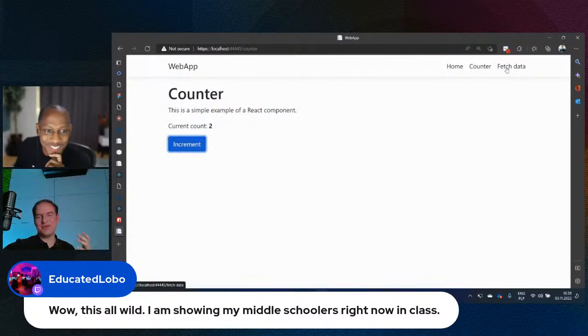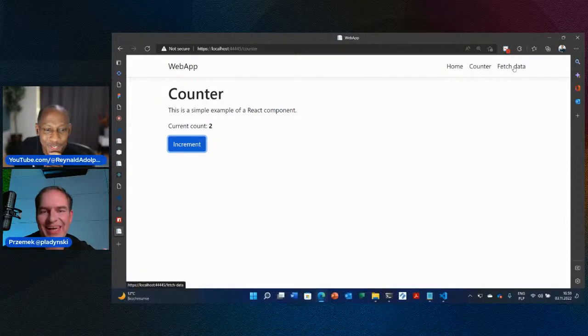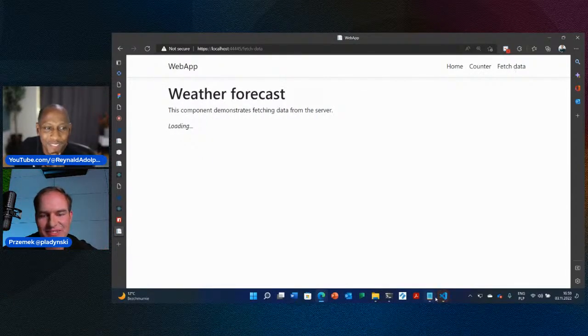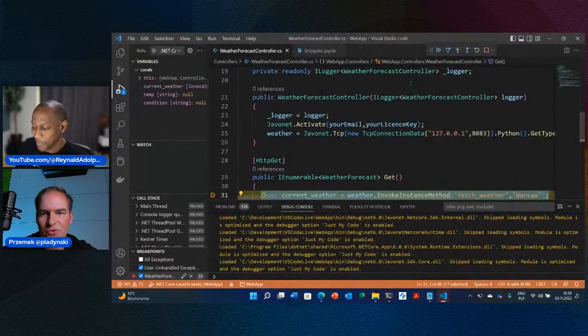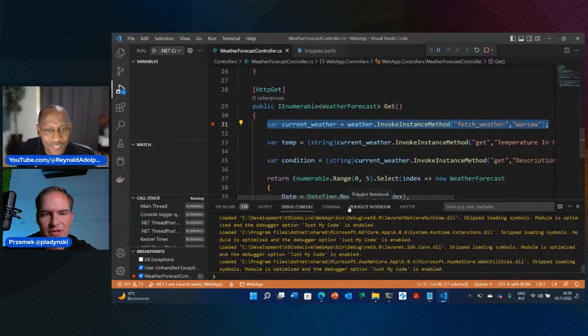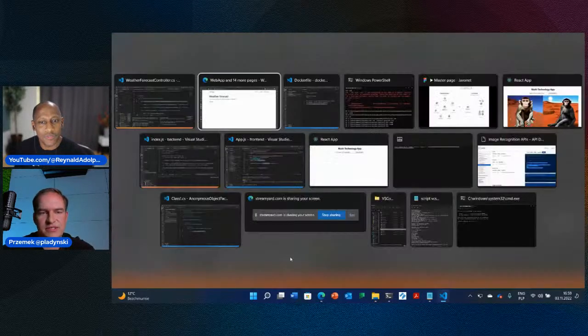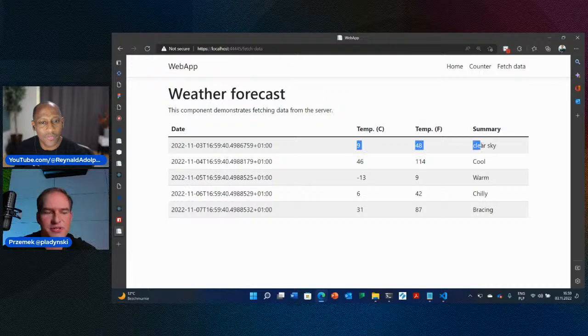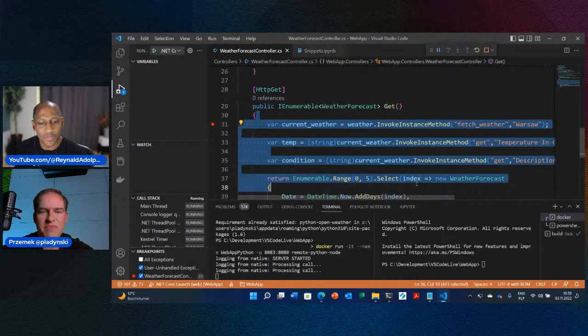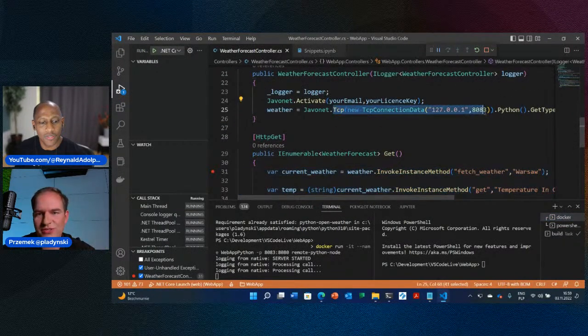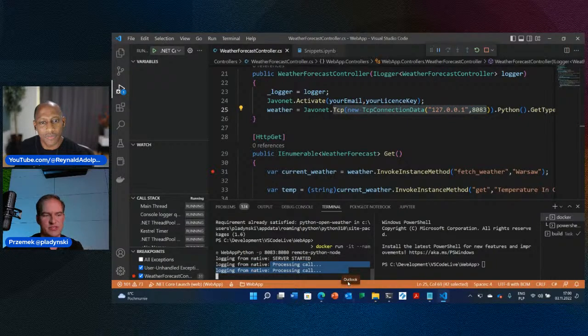Yeah, and we can go to this fetch data page again, and suddenly we have distributed our application to run this code where we hit the breakpoint, not on the same machine, but on our remote Docker container. So if I go to the Docker, I see that it was processing the call, and I can see still the weather here. So right now, that entire code we had here remains untouched. We only changed one word, and suddenly all those Python dependencies loaded in this runtime context are executing on this Docker, as we see here, that is processing the code.